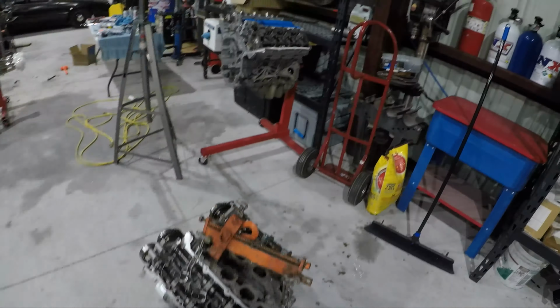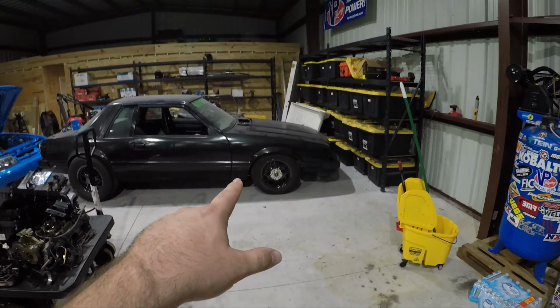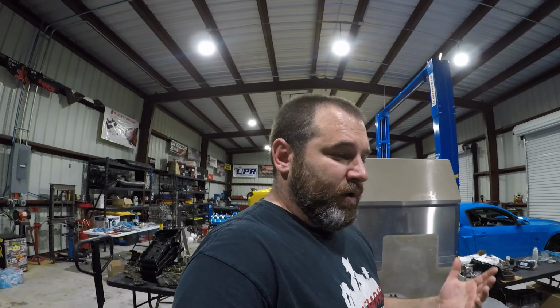It's not getting the 2J, don't worry, no 2J. It's not getting the V6, it's not getting the Coyote. So what in the crap could it be? Are we gonna pull the motor and put a 4.6 in it? Nah, that's boring. So, we placed an order, and we had a couple, that's right, a couple engines, because